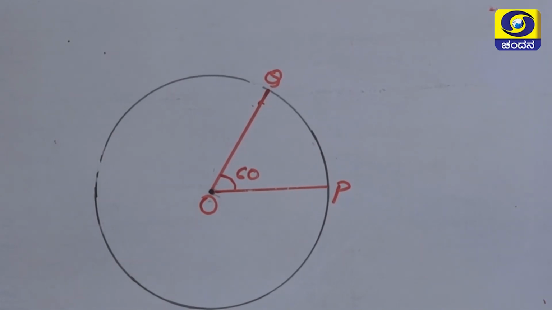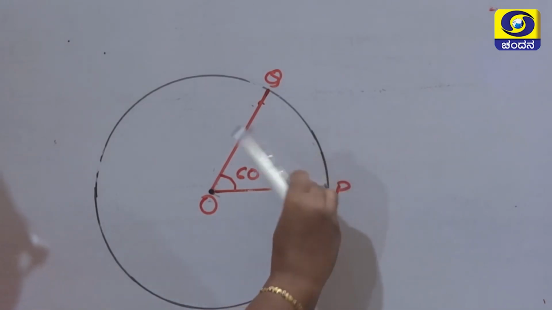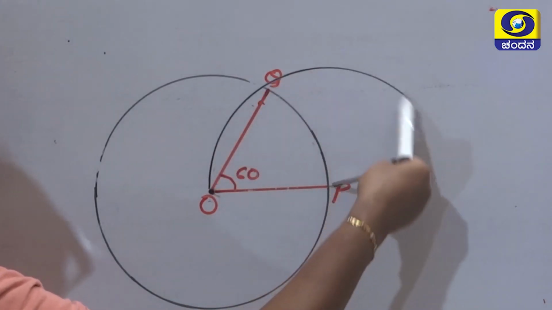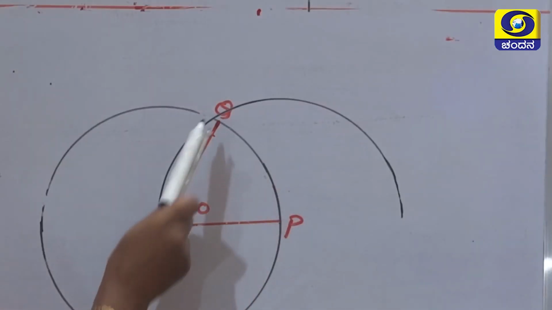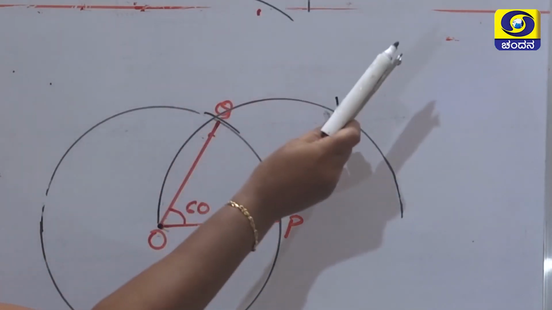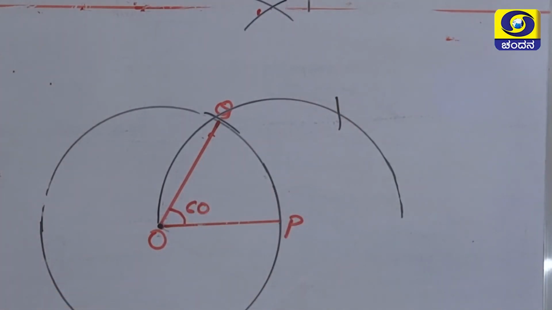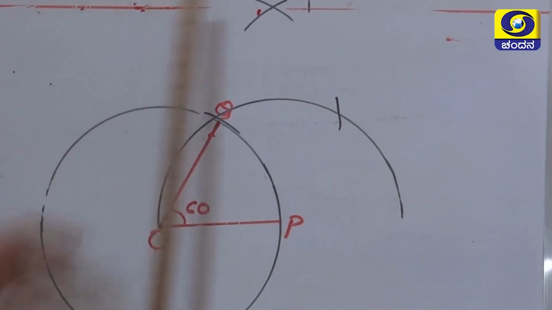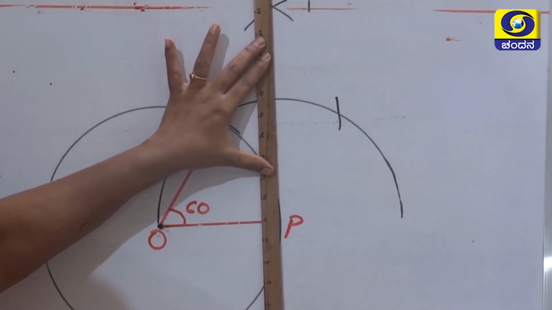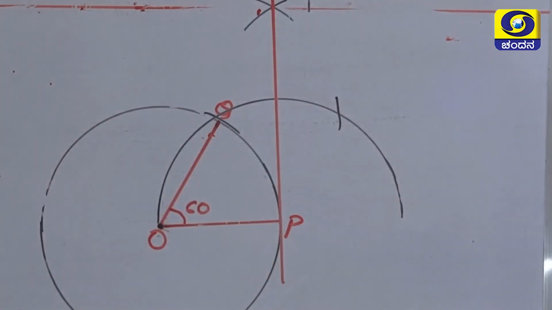To do that, we will follow the same procedure. That taking this radius, let us draw a semicircle here. Now we will make the arcs. Keeping our compass on two arcs, we will make two more arcs. When those two arcs intersect each other, we will get a point there. Now let us join that point of intersection to point P. This is one tangent. Similarly, we will make one more tangent at point Q.